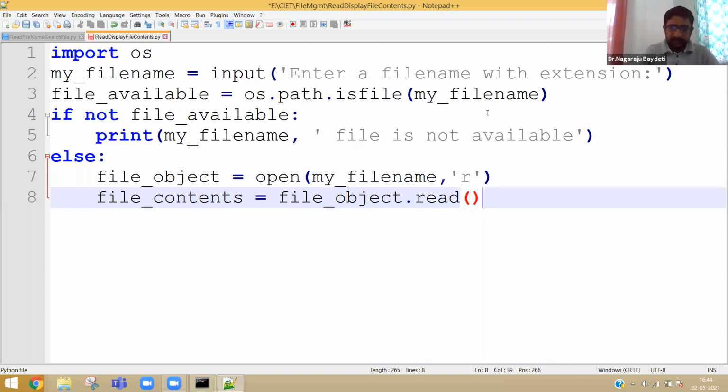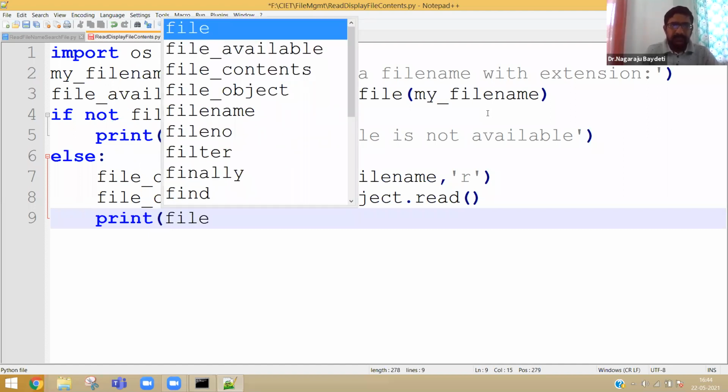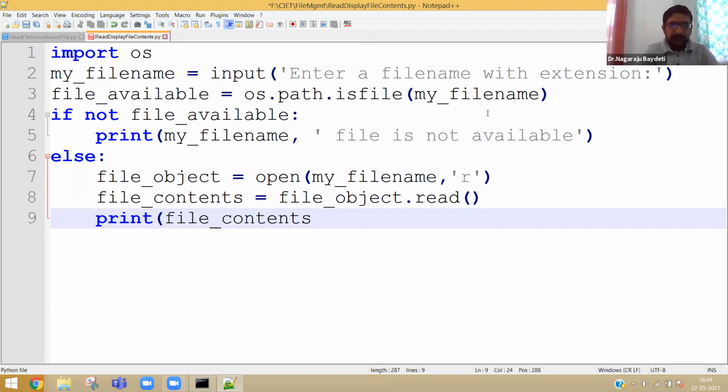Now, if you simply print the file contents, it will be displayed on the screen. Yesterday, we wrote the same program, reading a file and displaying. Now, I have merged the logic of searching a file. If it is not available, smoothly the program will exit saying the file is not available.